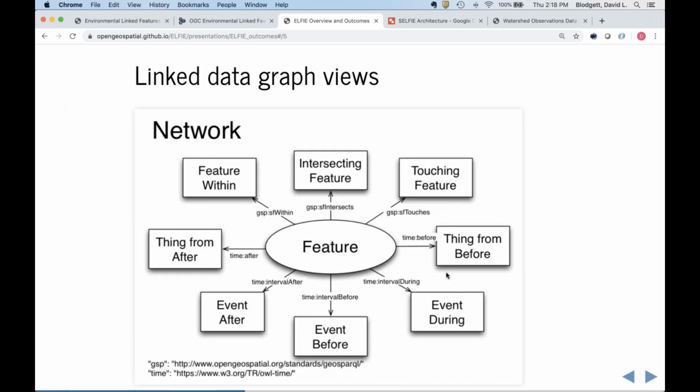Okay, so the next view of a knowledge graph, and this would be about the same feature, but from a different perspective of the information you might be interested in about it, is this notion of the network of other features or other information that would be linked to the feature. And the core things here were geospatial topology. So is there a within or touches or intersects kind of relationship? And then temporal associations.